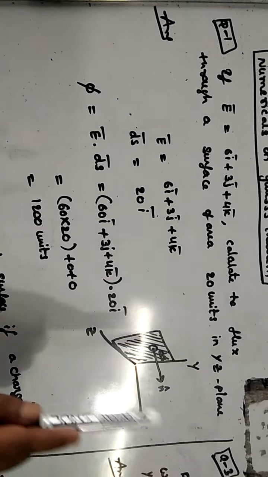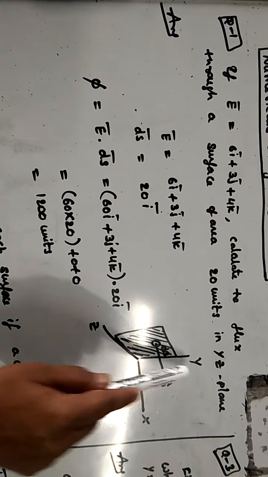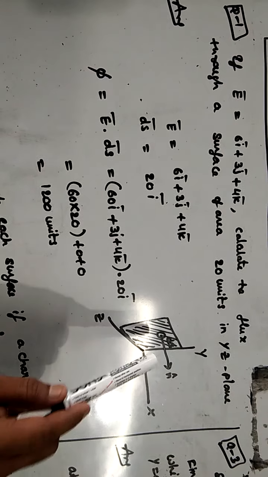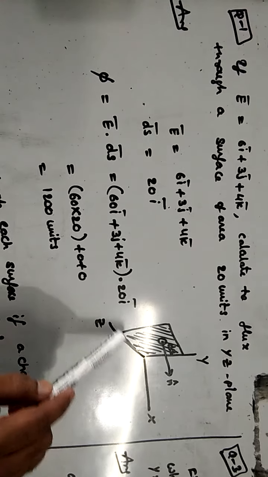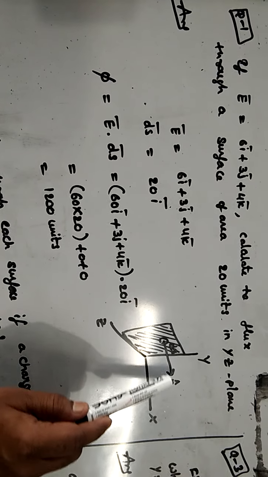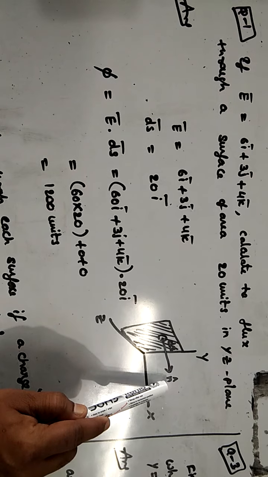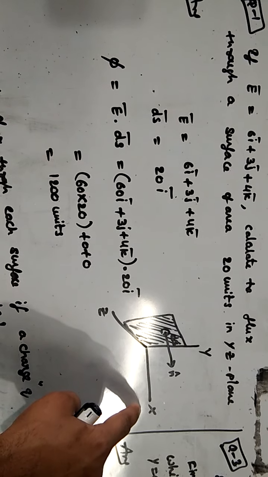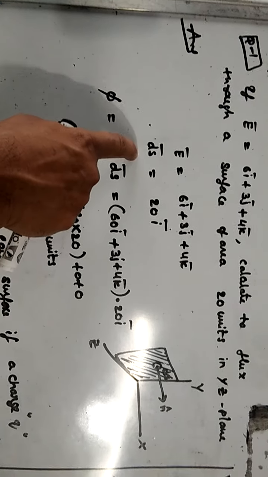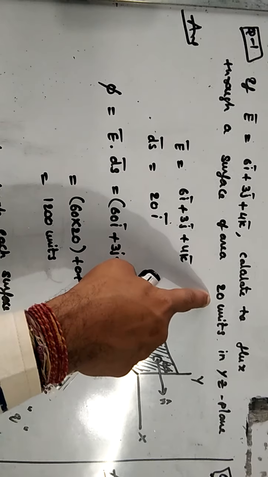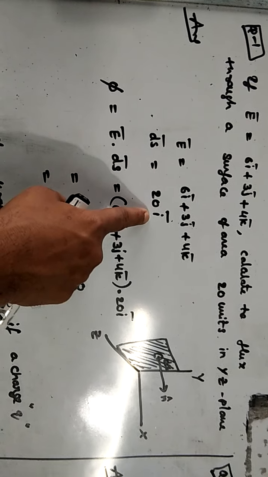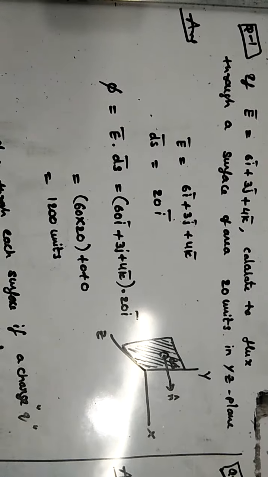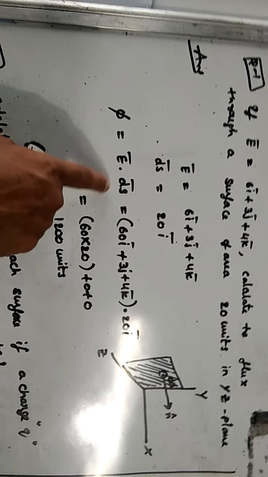So first of all, I am drawing the XYZ axis like this, a coordinate system, and the surface is kept in the YZ plane. And I told you to find the flux. So this is the surface, and to this surface the normal, perpendicular n cap, must be drawn. So this is the surface ds, and this n cap is in the direction of the x-axis. That is why the surface area vector ds bar has magnitude 20, direction along the x-axis, n cap along the x-axis, that is 20 i bar. This is the value.